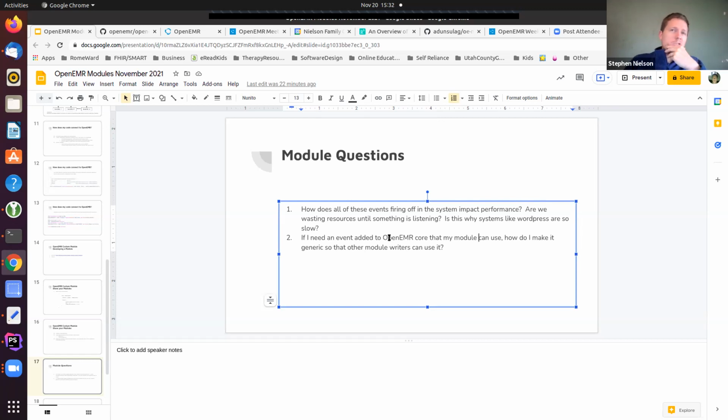And if there are no listeners, it's microseconds. It checks if the array of listeners is empty and then returns. So you could have hundreds of these and you'd only have a few milliseconds of additional performance. I think that's the core of that question.